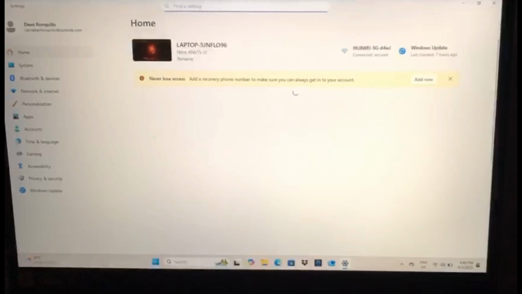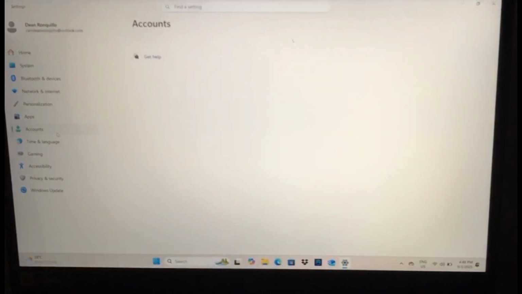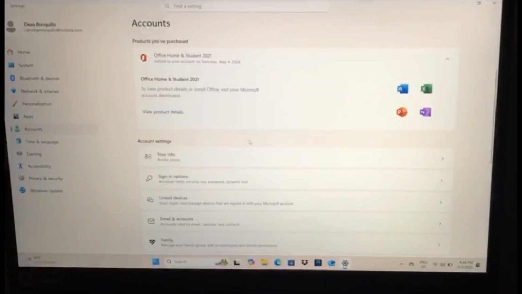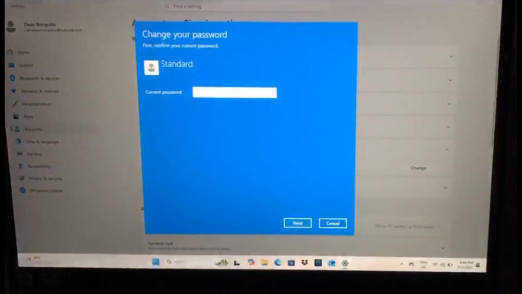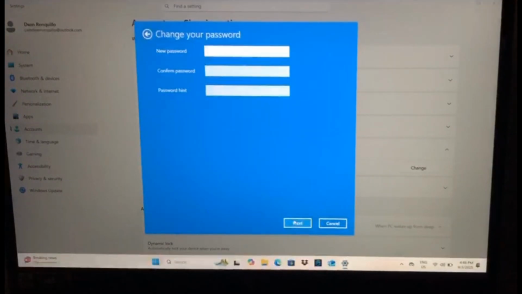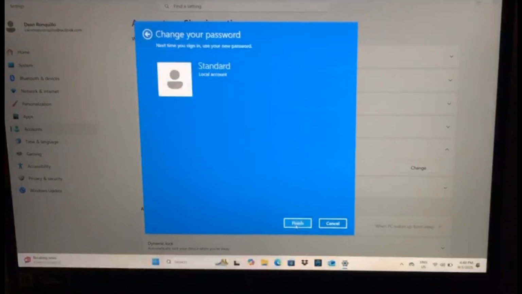Now we're gonna delete the account, but before that, we remove the password first. So go to settings, click accounts, then go to sign in options, then password, then change. So we put the current password, then here we're just gonna click next and then finish.